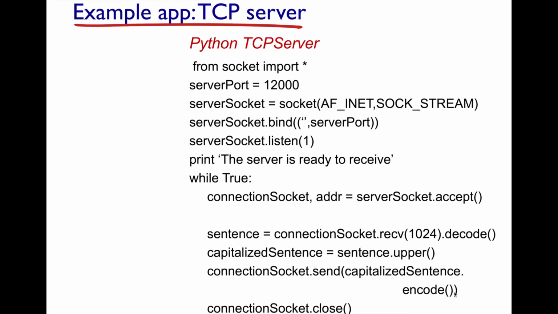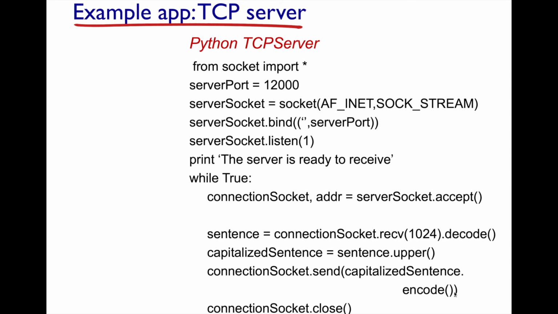We have a port number 12,000, and so we create the server socket here using AF_INET, which is IP version 4, and we say SOCK_STREAM, which is for a stream socket. So when we bind the server, we're going to bind to a port number, and that's reserving port number 12,000 in this case as the port number associated with this server. So then we do a server socket listen, right? Now the server socket is ready to take incoming requests, and we do the accept, and when the accept unblocks, we now get a connection socket. And that's what the server is going to use, the connection socket, to communicate back and forth to the client socket. Does that make sense?